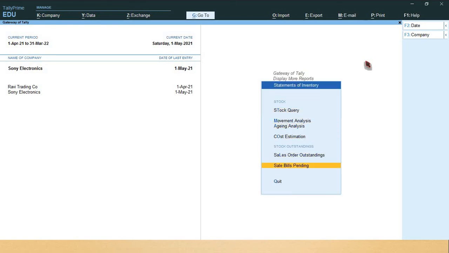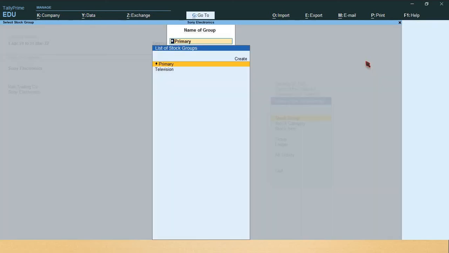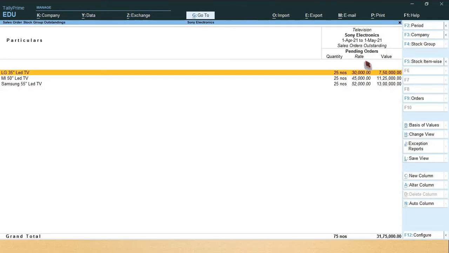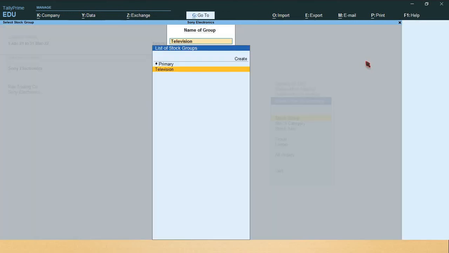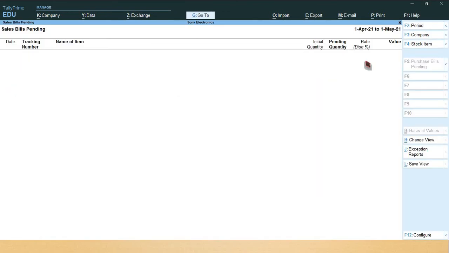Select sales order outstanding. Select stock group. Select stock group name television. So 25 numbers are still outstanding. And go to sales bill pending. So nothing. Just now we passed the sales voucher. That means we raised invoices. That's why it is showing nil.